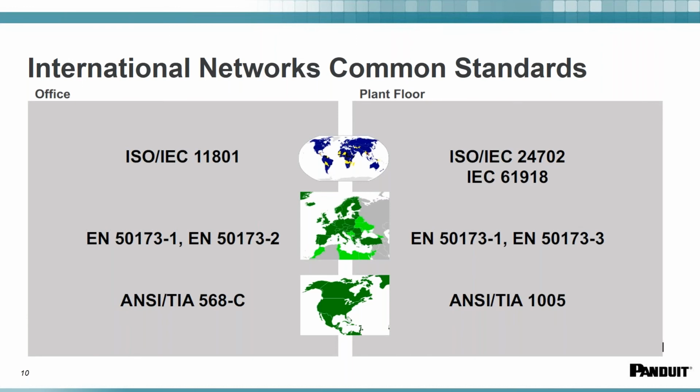In an office environment, things are air-conditioned, dust-free, cooled, temperature controlled, and what have you. That is not the case on the factory floor. So therefore, there is a greater emphasis on the part of the specification that is called MICE. The MICE category, which is the mechanical, ingress, chemical, and electromagnetics, those are additional specs that you find in TIA 1005.